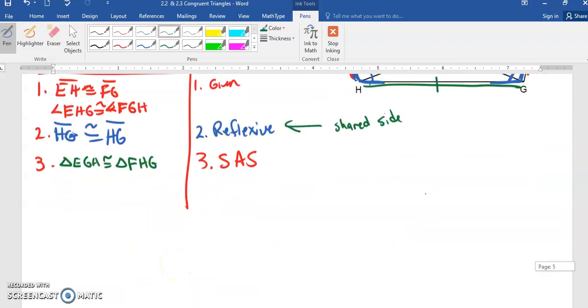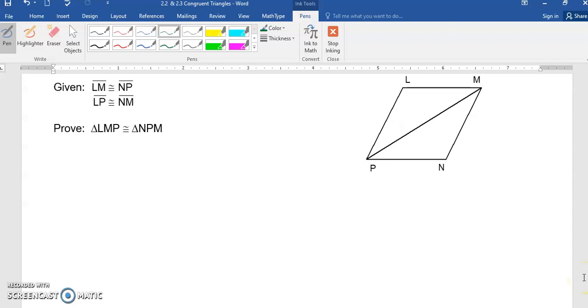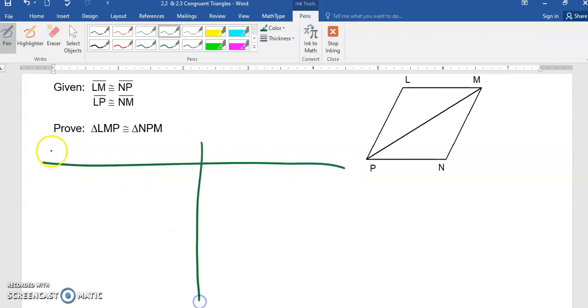And I did one more proof here on this file. Not a lot different than the others, in terms of you just have to take a look at what information you know, and if there's any conclusions we need to make. You just always start out here with your statements and your reasons. Number one is always your given information, because that's the starting point. We got to start somewhere. What information do we know that we can start with? And so you start there